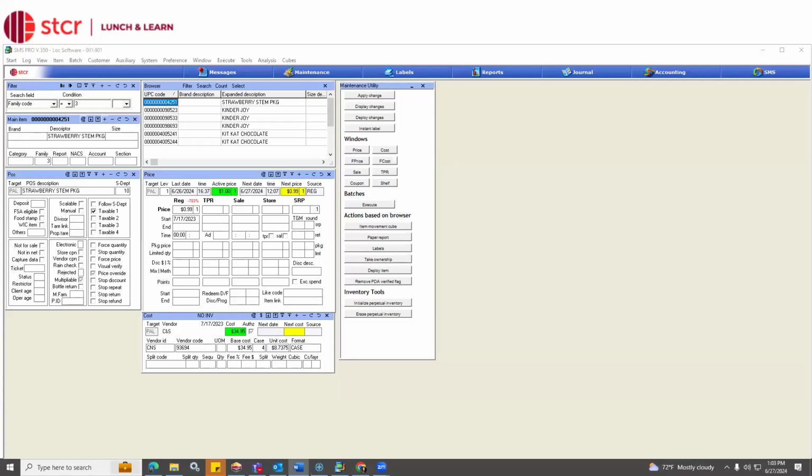For today's webinar, we are going to be going over best practices for item maintenance in SMS. We are going to be doing a slightly different format for this webinar. While we realize that a lot of our customers are still utilizing SMS and SMS Pro to do their item maintenance, we also recognize that a lot of our customers are starting to utilize eSuite as well on top of that. So I'm going to be going over the best practices and showing how it works with both SMS Pro